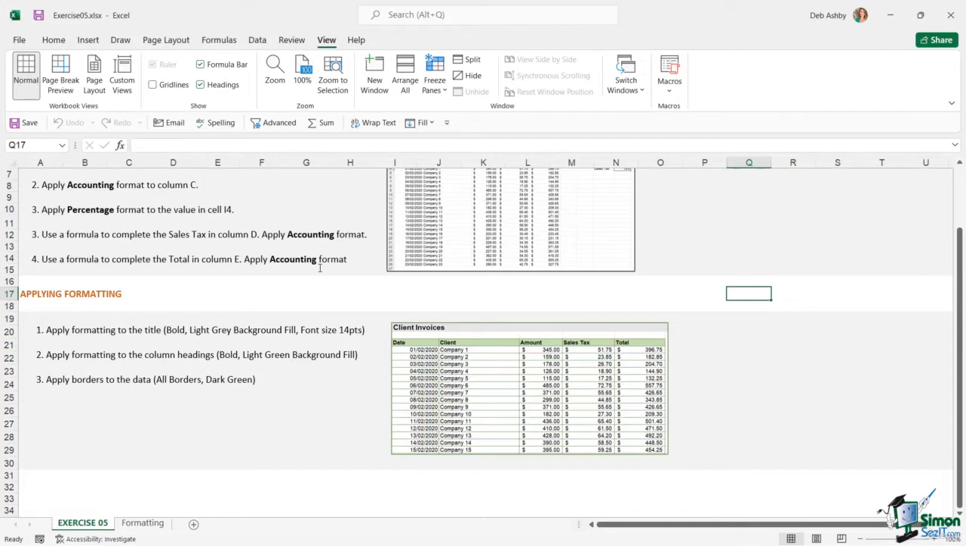I'd then like you to format all of the column headings with bold and a light green background fill. And then finally, I'd like you to apply borders around all of the data. So you're looking for the all borders option, but I want you to make sure that that border, the line color, is dark green. See how you get on with that, and if you'd like to see my answer, then